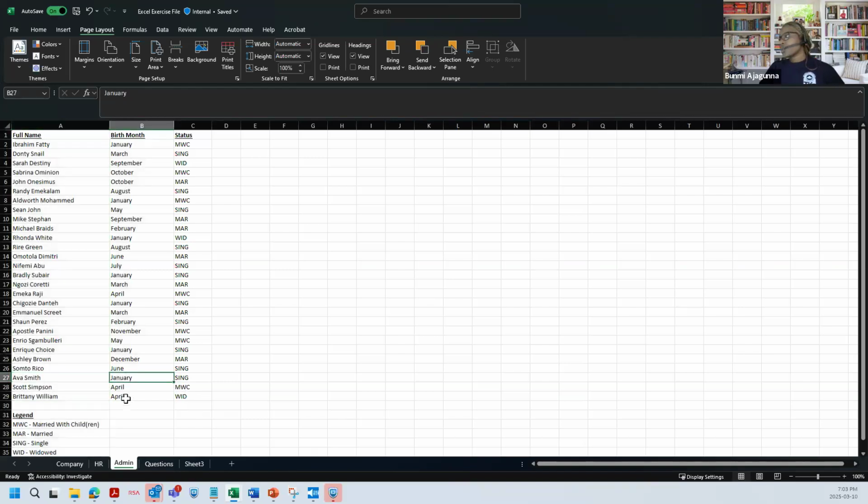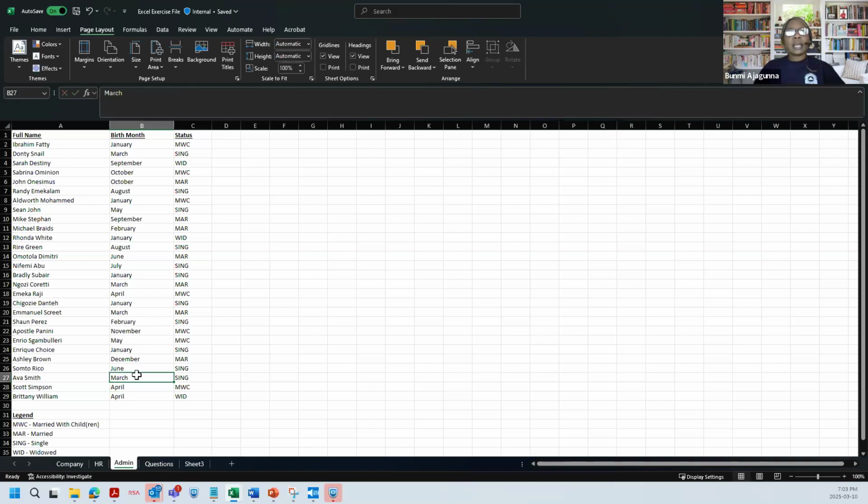Guess what? If I change it here in this admin tab and I say Eva Smith's birth month, I'm so sorry, maybe I made a mistake, or maybe Eva Smith, you really cannot change your birth month except some information comes up, or let's assume something happens and she's like, oh no, HR got it all wrong, or admin got it all wrong. I'm not January. I am actually March, for example. Maybe she's my birthday mate, March 20. And I press March here. Eva Smith, I change it now to March.